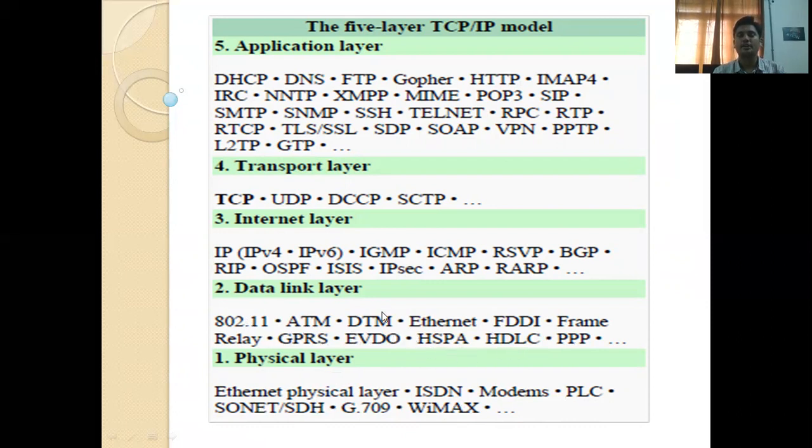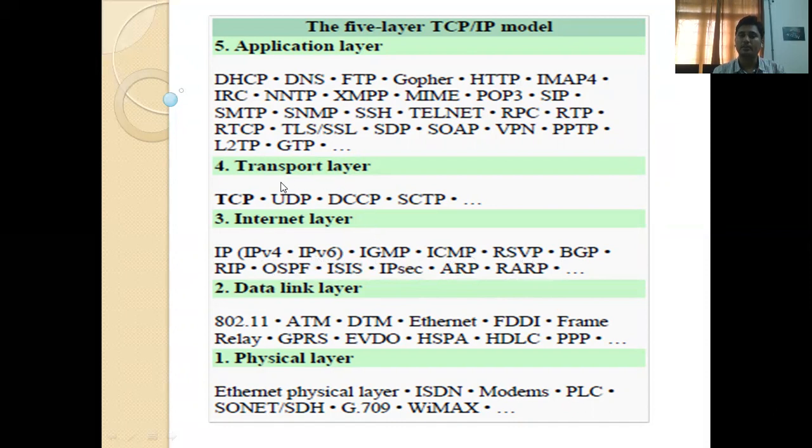All these are related to the data link layer. Coming to the internet layer, the protocols are IPv4 and IPv6, that means internet protocol version 4 and version 6, and IGMP, ICMP, RSVP, PGP, RIP, OSPF, IS-IS, IPsec, and ARP and RARP. All these are the protocols related to the internet layer.